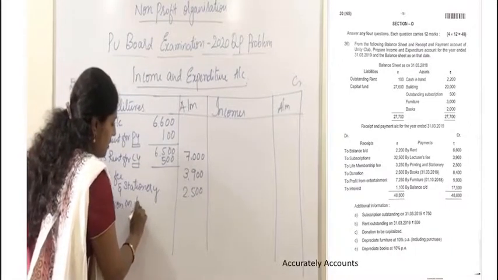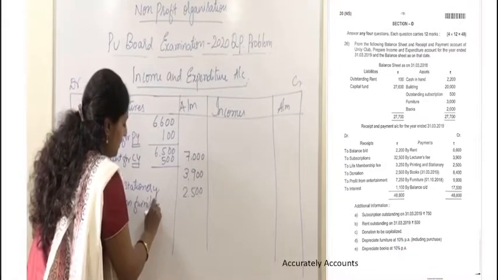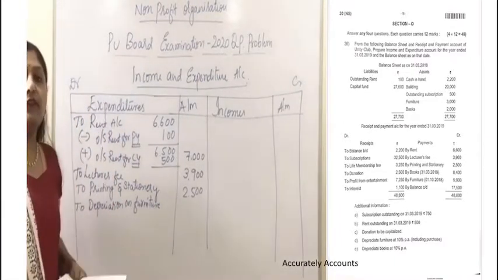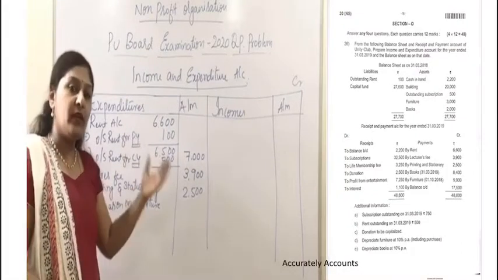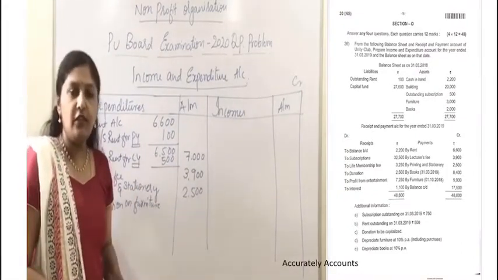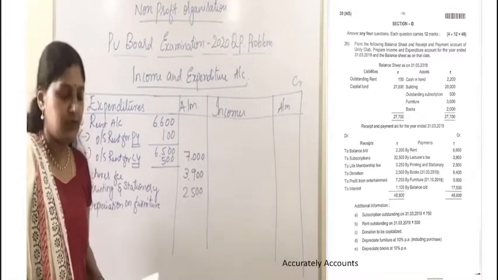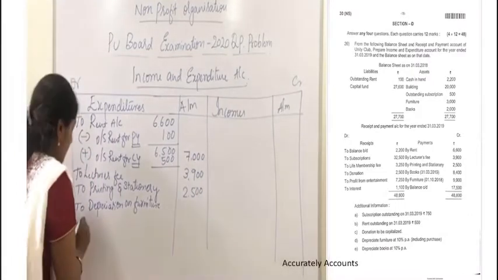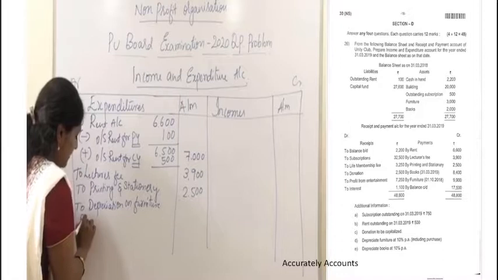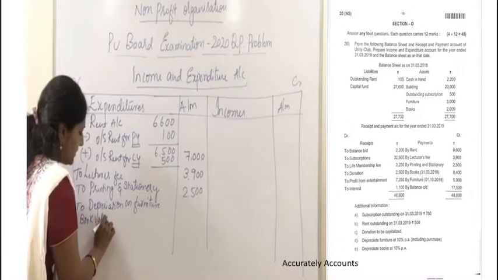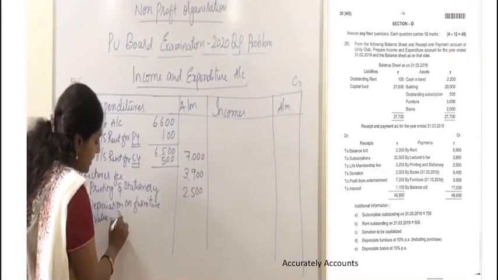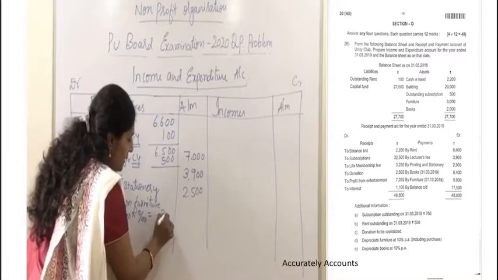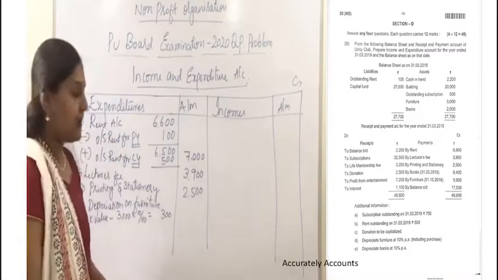So according to the problem, it is clearly mentioned that the depreciation on furniture needs to be calculated on the opening balance of the furniture as well as the additions to the furniture. So on both the balances we need to calculate the depreciation. Now let us take the book value, that is the opening balance of the furniture, last year's balance sheet value, which is 3000. On 3000, 10% is the rate of depreciation. The depreciation on the opening balance of furniture is going to be 300